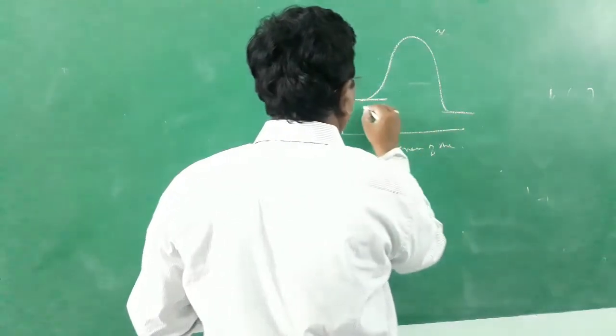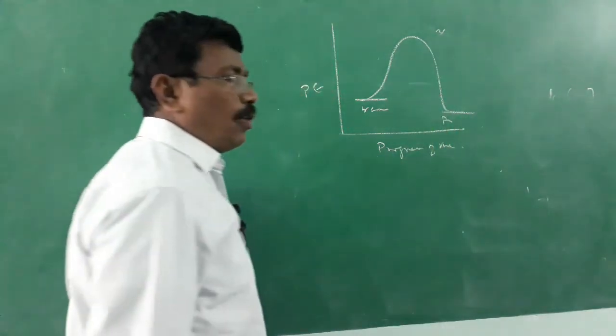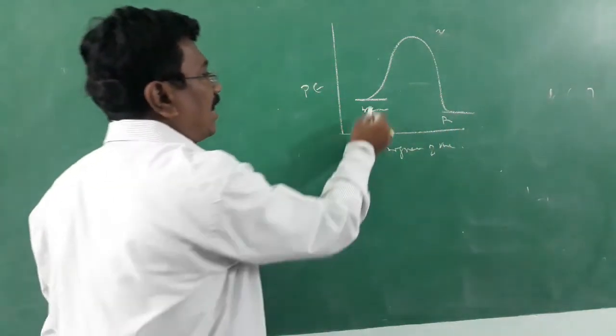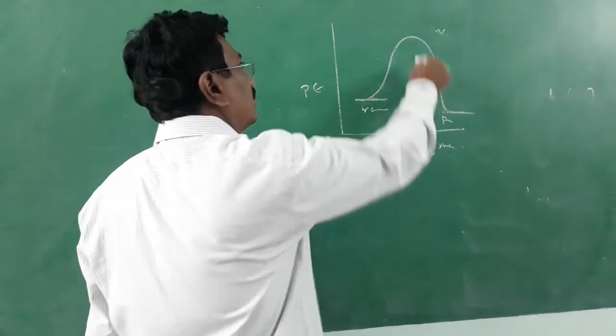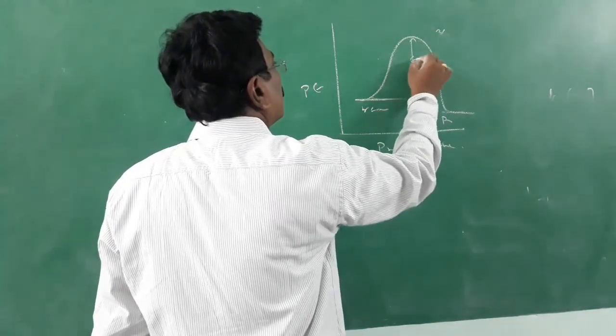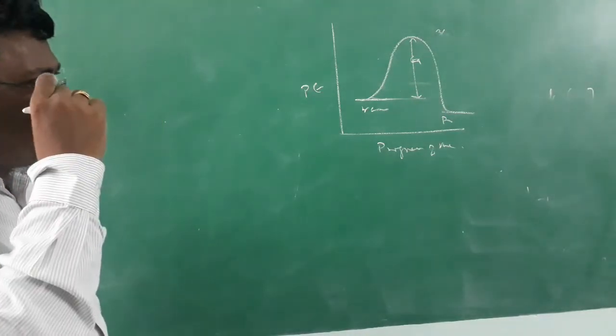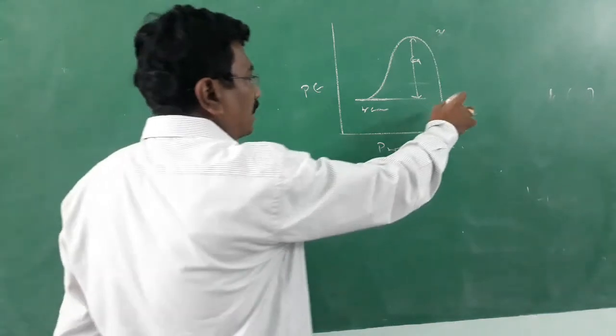For an exothermic reaction, reactant to product. The product will have lower energy. Even though it has lower energy, it cannot travel like this. It has to cross the energy barrier. The barrier height is said to be the energy of activation. When we use a catalyst, the catalyst uses some other path to reach this place.